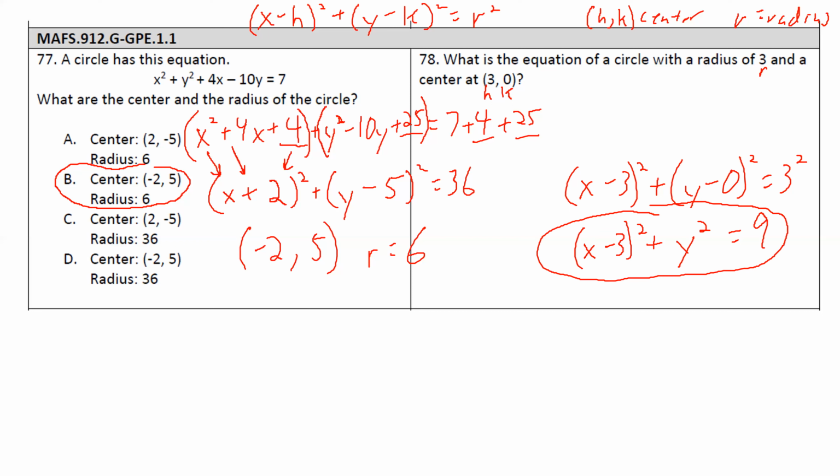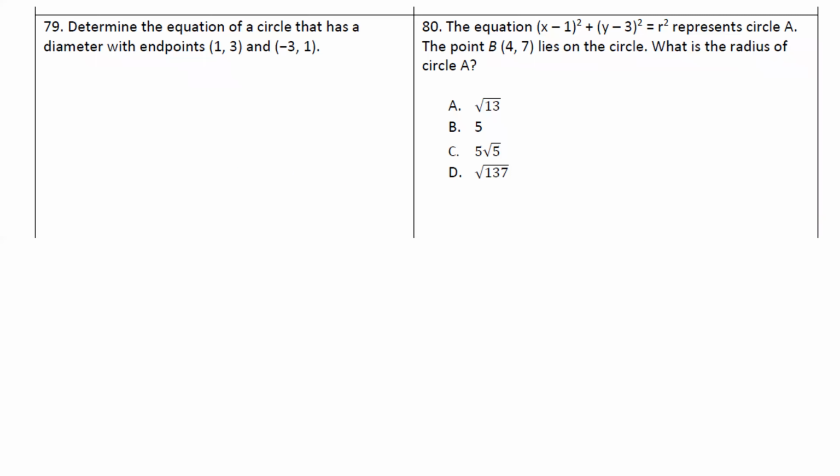All right. Going over to 79. 79, still dealing with the equation of a circle. This one, a little bit tricky because you have to find some other information first. They give you the endpoints of a diameter. Again, we need to know where the center is and what our radius is. So given the endpoints of a diameter, we're going to have to find the midpoint, which will give us the